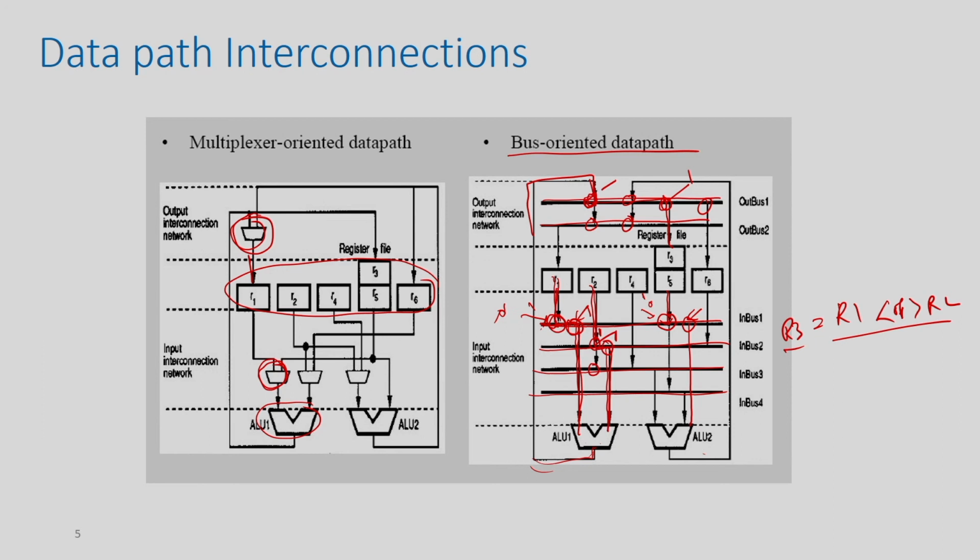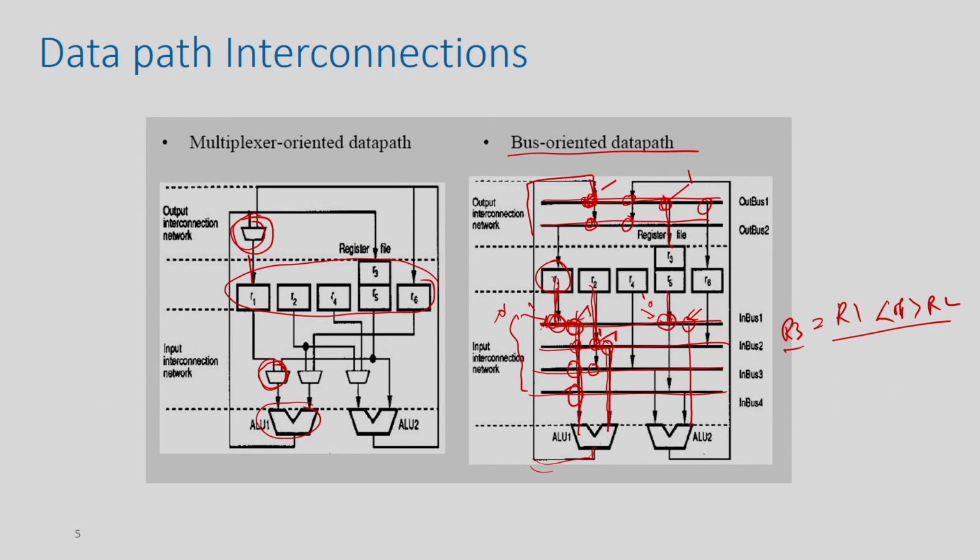Here obviously the idea is that you use a minimum number of such switches, because you cannot add all switches, then it is too much switch and cost. So, you have to make sure that you first determine how many minimum buses are needed, and for each FU input what are the lines it should be connected to. So, you have to identify the minimum number of buses and minimum number of switches for each component. For each register, what is the bus it needs to be connected to, you identify the minimum such occurrences, right. Similarly, for each FU, what is the minimum number of buses it needs to be connected to. Similarly, the output of the FU can be connected to both or only one based on the requirement.